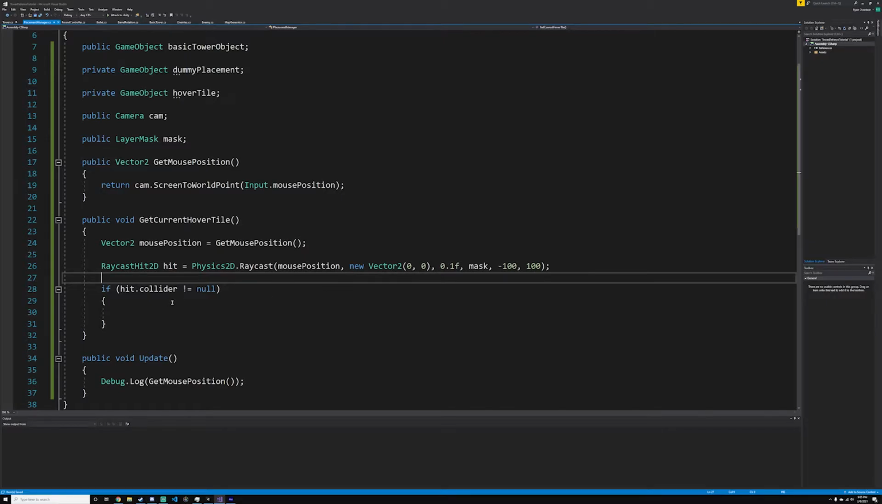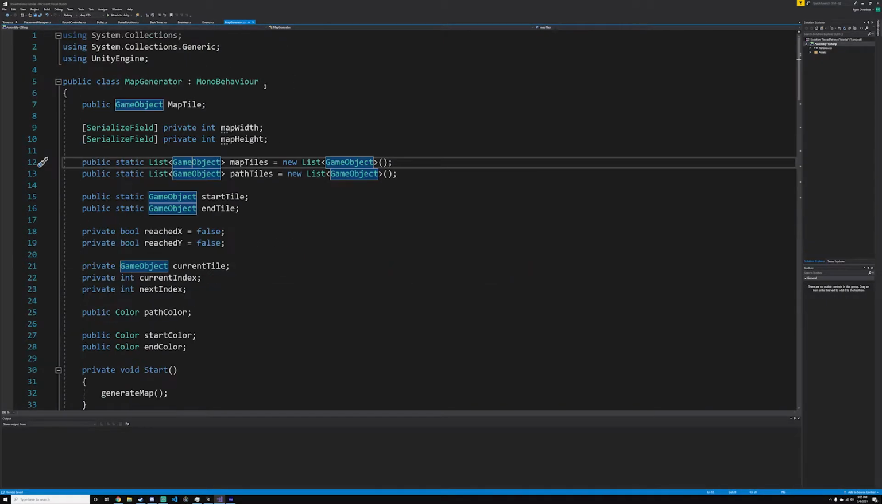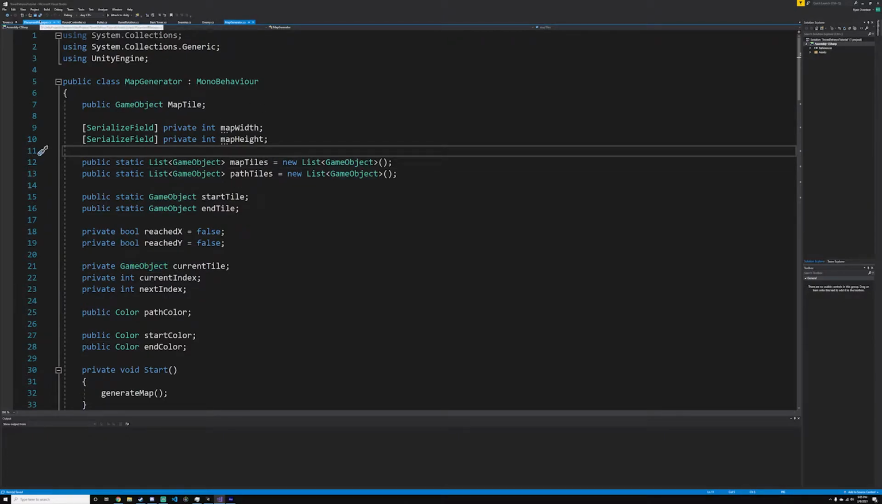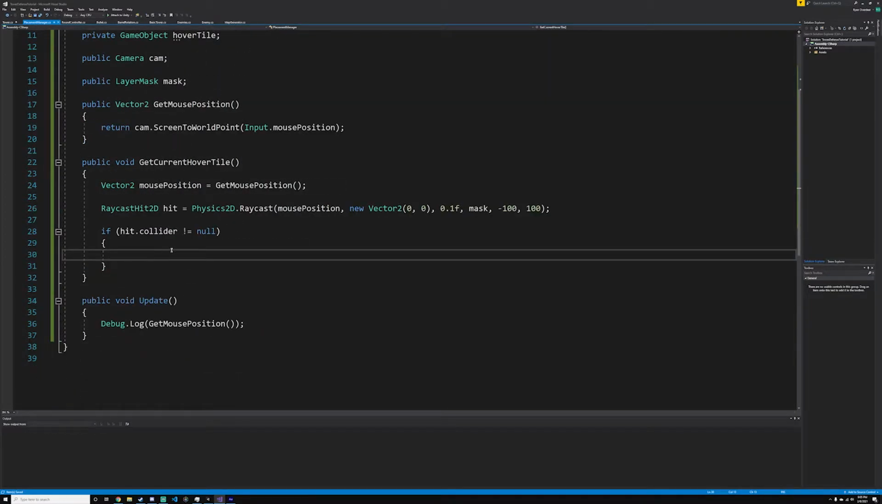then we will check. So the next thing we need to check for is if the map tile that we are currently on is part of the map tiles, and it's not part of the path tiles, because we shouldn't be able to place a tower on a path tile. That would not be good. So what we're going to do is first check if it's part of the map tiles table, which we could simply do as if mapGenerator.mapTiles.Contains, and then we're just going to chuck in hit.collider.gameObject,